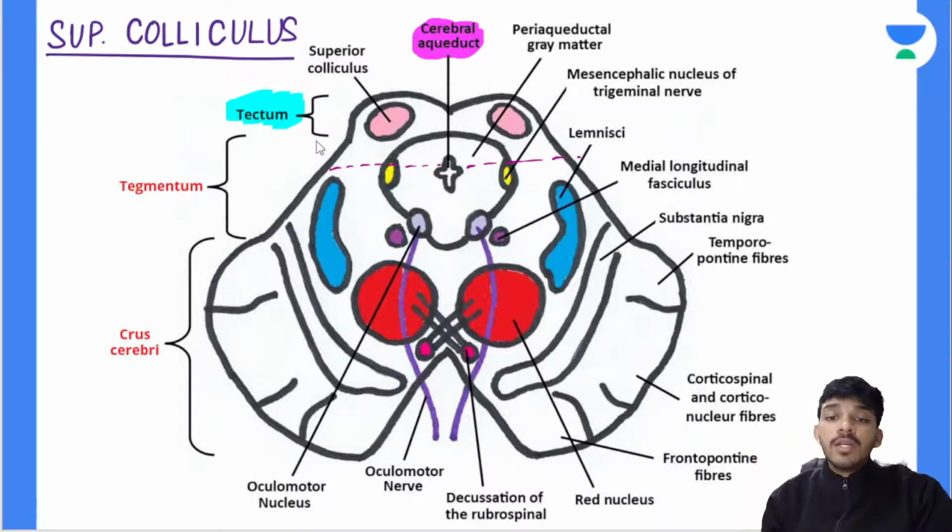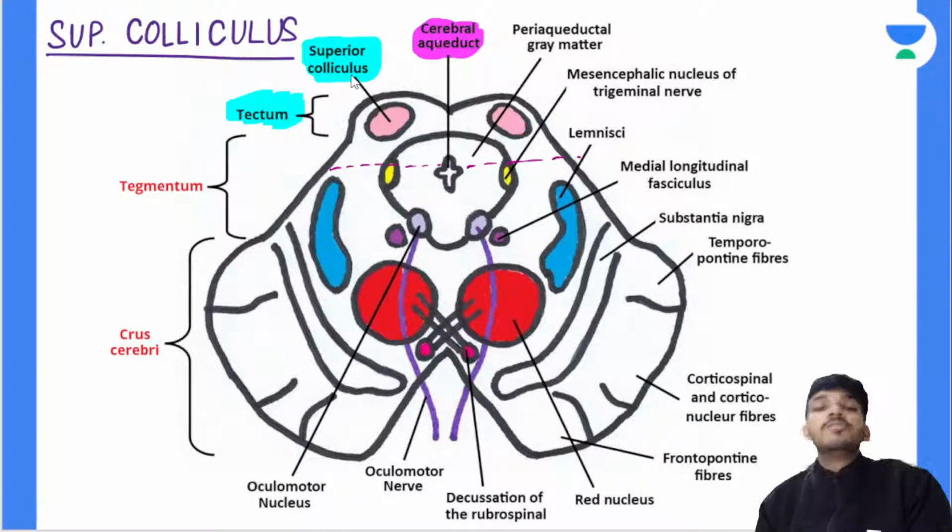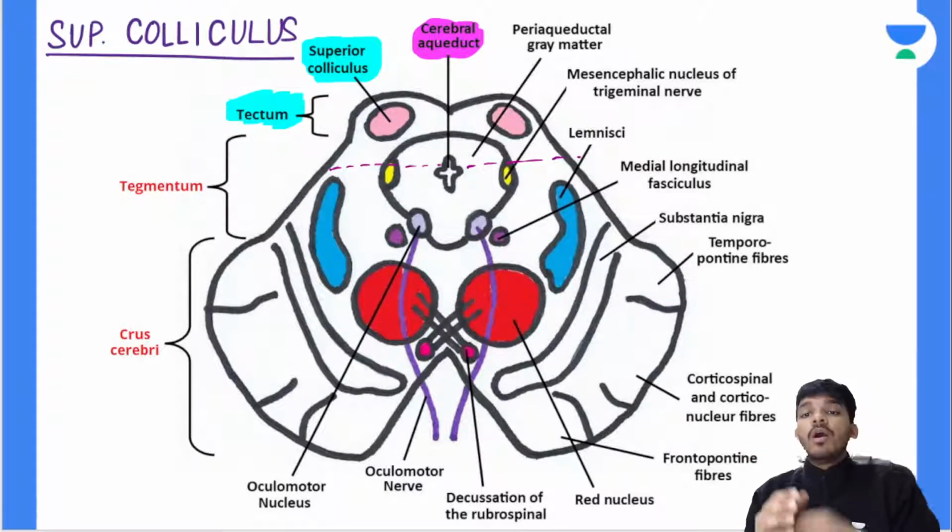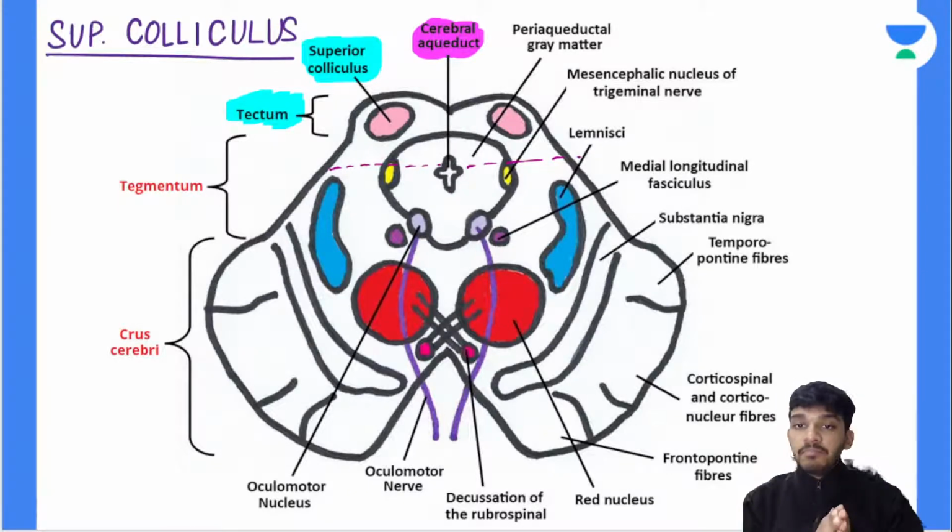Okay, I'll talk about the red nucleus. So here you have a feature called the superior colliculus. What is its function? It is mainly useful in visual reflexes. So where are superior colliculi involved? They are involved in visual reflexes. Is that correct? Right. So that is the first thing to remember in this particular cross section. So in the gray matter, you have a very important component called the superior colliculus. It receives afferents from the retina. It also receives afferents from the inferior colliculi,